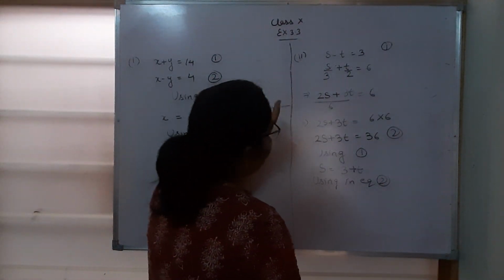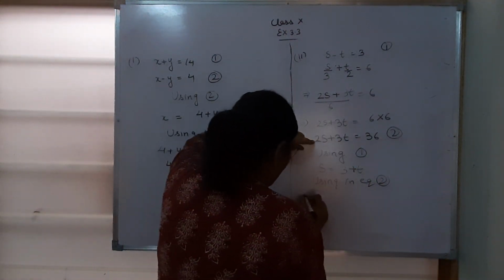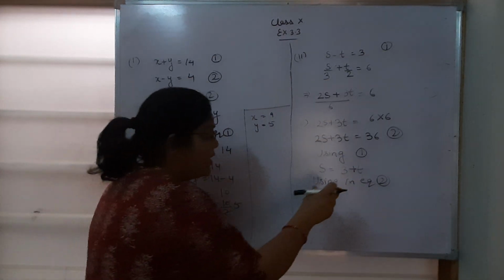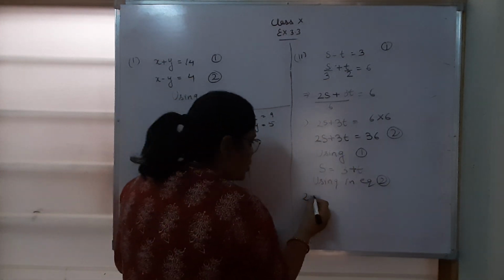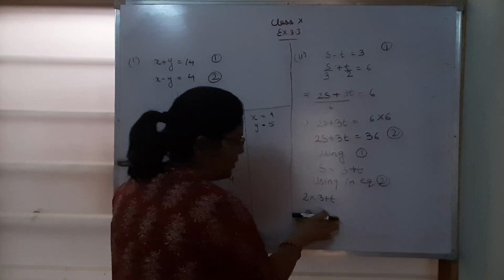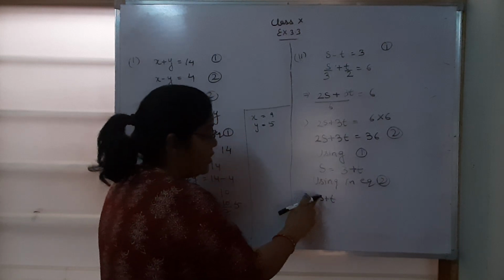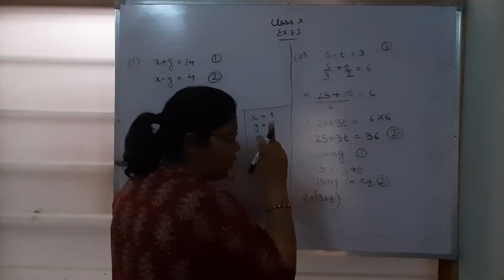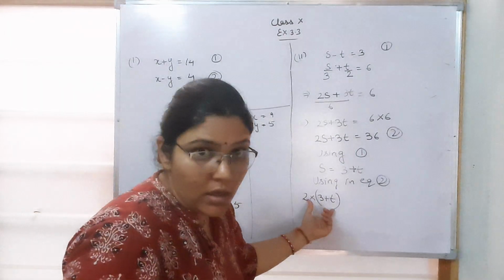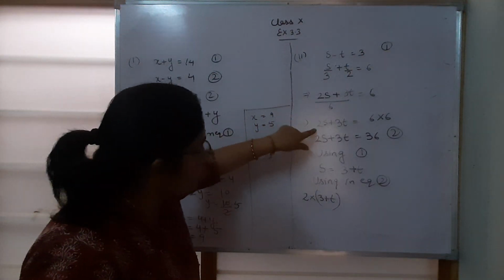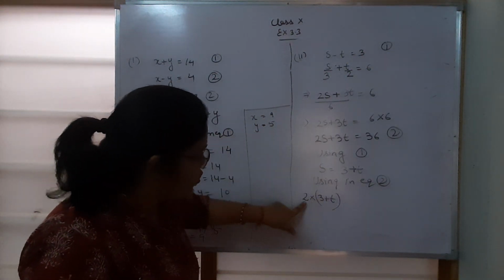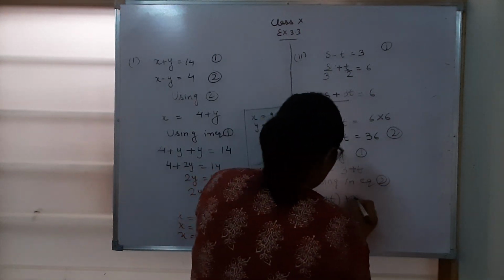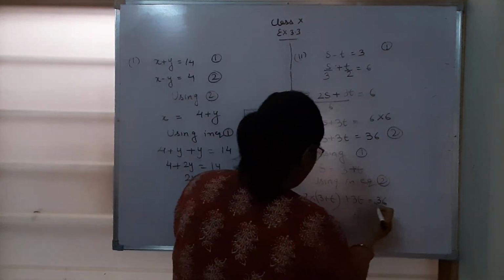So just look here. Our equation 2 is what? Our equation is 2 multiplied with s. So what is the value of s? It's 3 plus t. So you will not write it like that, it means you are just multiplying 2 with 3. No, we will multiply the value of s, which is 3 plus t, with 2, because it was 2 into s. 2 into s. s is what? 3 plus t. Plus 3t equals to 36.